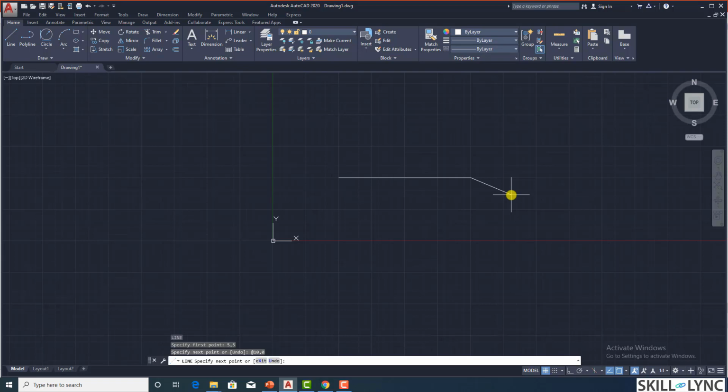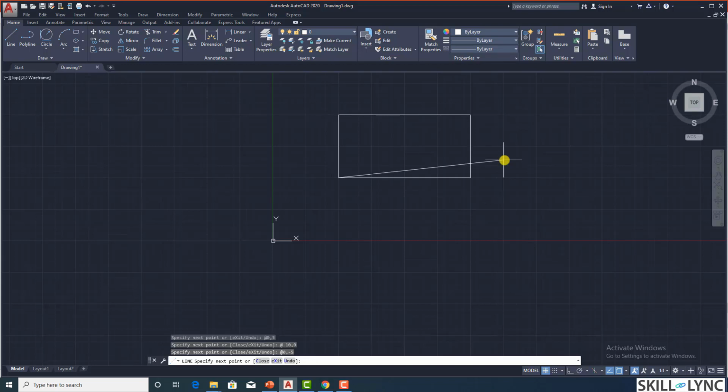So the next point, let us go. In the x-axis we are not going to increment anything, so it's 0, and in the y-axis we are going to increment by 5, so @0,5. So the next one again @. Now I have to decrement in x by 10 units, so I enter minus 10, and y has no change, so 0. And then coming downwards in y, x should be 0, so @0,